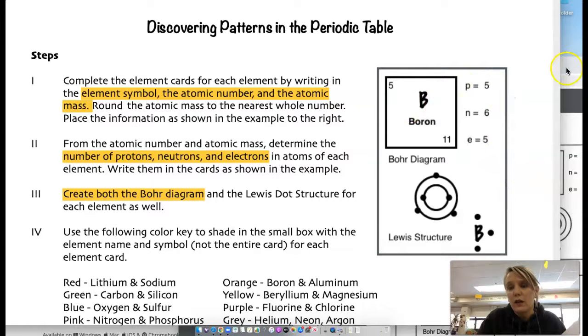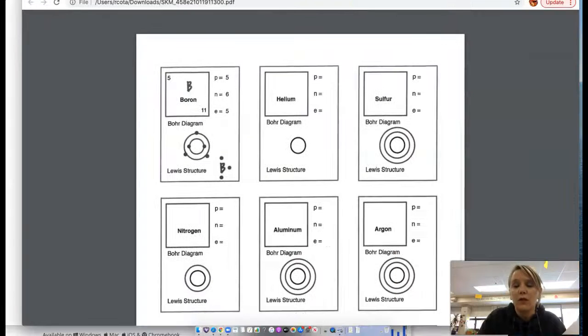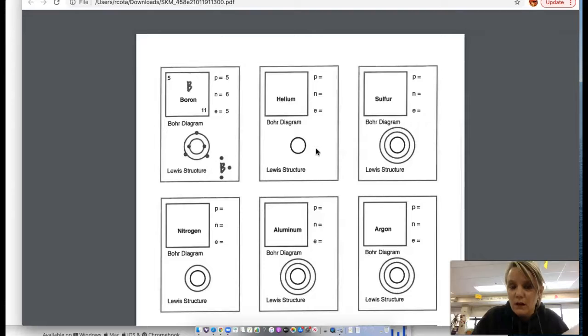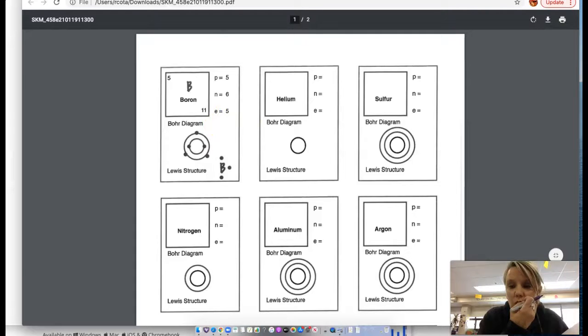If you're able to print this out, or if you're in class with me, you'll get a copy of this, and your job is going to be to find out what is the atomic number for helium, what is the atomic symbol for helium, what is the atomic mass for helium, how many protons, neutrons, and electrons are in helium, and then what does the Bohr diagram look like for helium. I want you to go ahead and give this a shot,